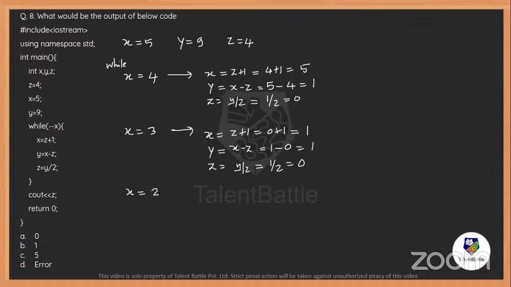Now x will become 2. Inside the loop, x will be updated to z plus 1, which is 0 plus 1, that is 1. y is equal to x minus z, which is 1 minus 0, 1. And z is equal to y by 2, which is 1 half, 0. Now my x will become